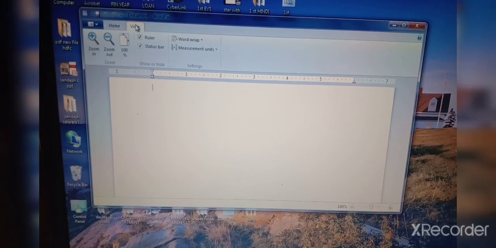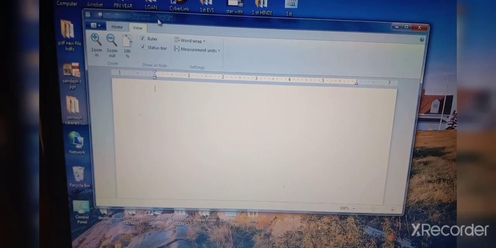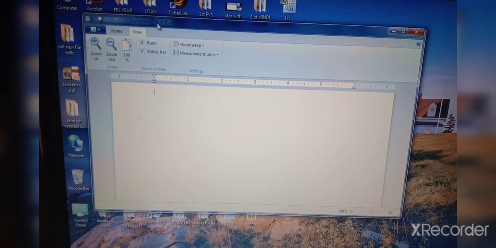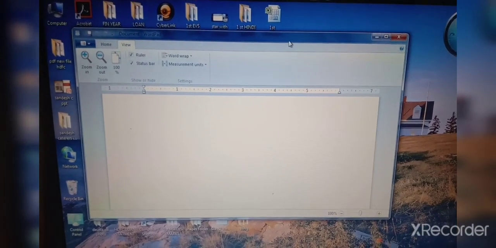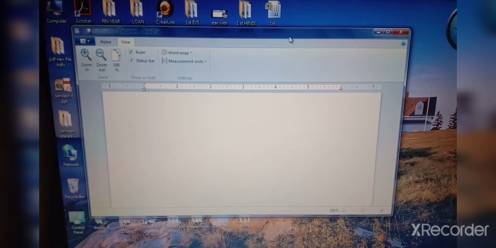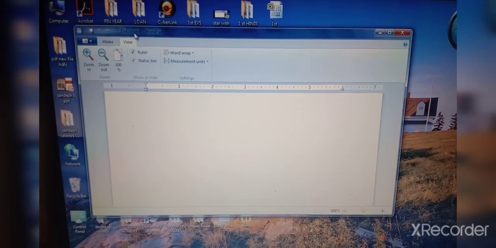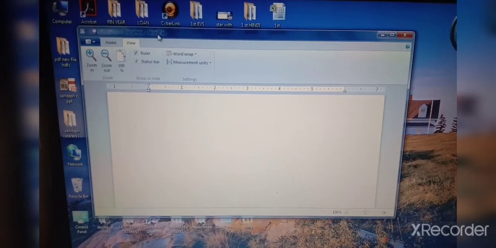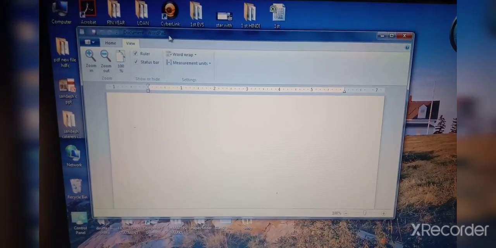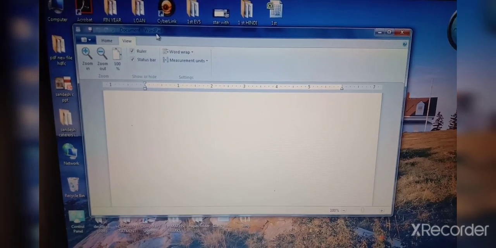So children, now tell me, what is this blue bar? This blue bar is title bar, on which you can see the name of the program. Which program it is? WordPad. Okay.